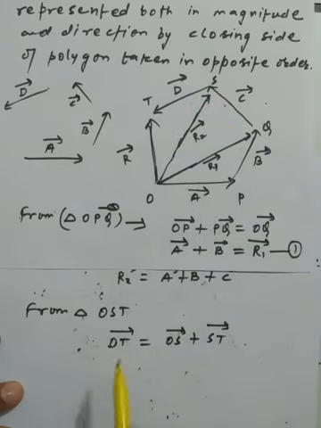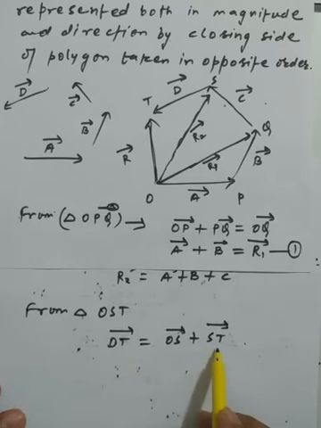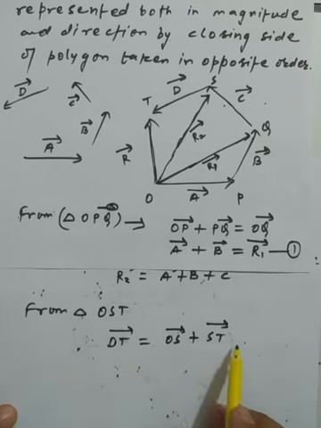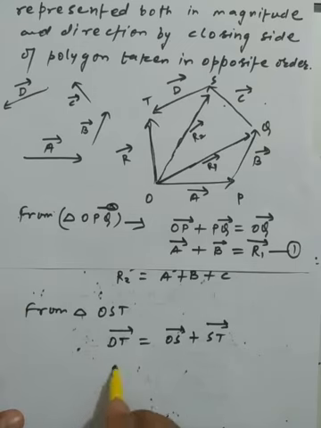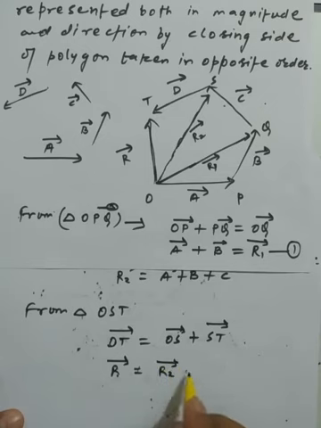So two alphabets come in the resultant, that is OT, and the other is the path in which we move between them, OS and S to T. OT is simply the final resultant we have. OS is simply the vector R2, and ST is simply the vector D. So I am saying you must write the meaning of R2.